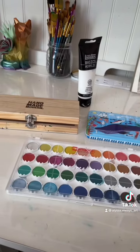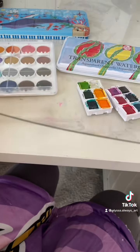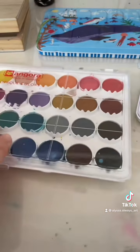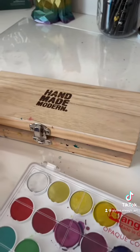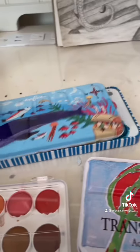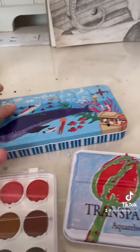Anyways, so here are all of the watercolors I am currently using. Please excuse this really messy desk cover. I'm going to have to fix that soon. I like these ones. They are pretty vibrant. And these ones are probably my favorite just because of how many colors come in the package. That is the brand. And this one I got even before that. I've been using this one forever, and it's always been pretty good, actually. This one isn't my favorite just because of quality, but it can be good if I'm looking for specific colors